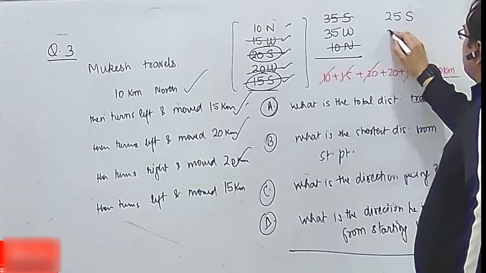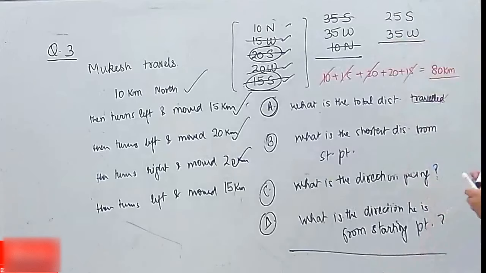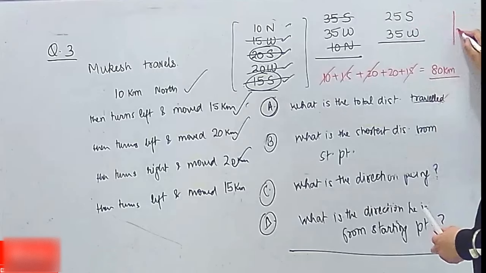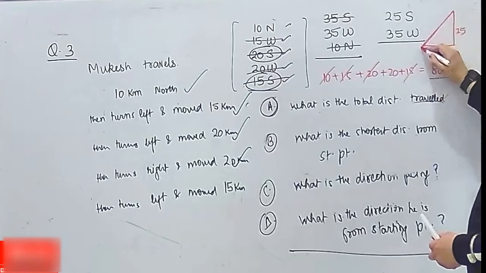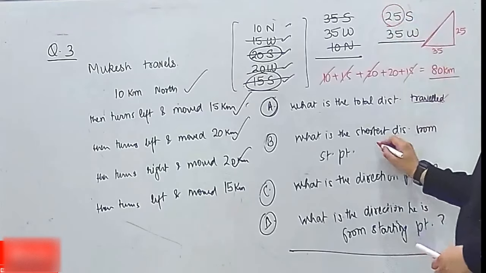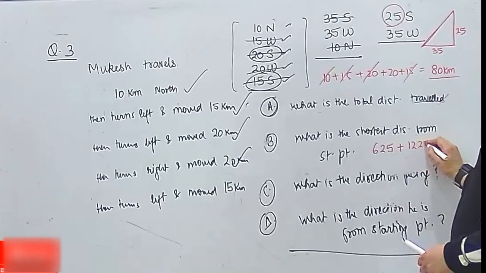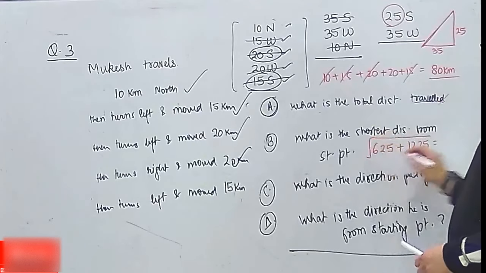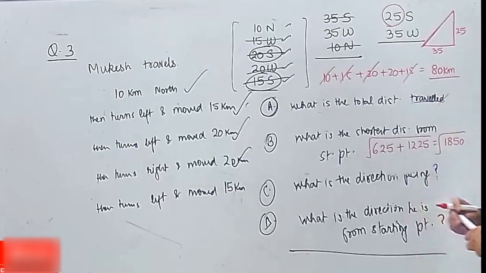25 साउथ और 35 वेस्ट। ओके, तो नाउ शॉर्टेस्ट डिस्टेंस के लिए हम क्या करें? इसका बेसिकली मतलब है कि 25 वो नीचे चला और वेस्ट में कितना चला? 35। तो ये डिस्टेंस हमें निकालना है। 25 का स्क्वायर कितना होता है? 625, और 35 का स्क्वायर होता है 1225। ये अप्रोक्सीमेटली 1850 के आसपास आंसर आएगा।